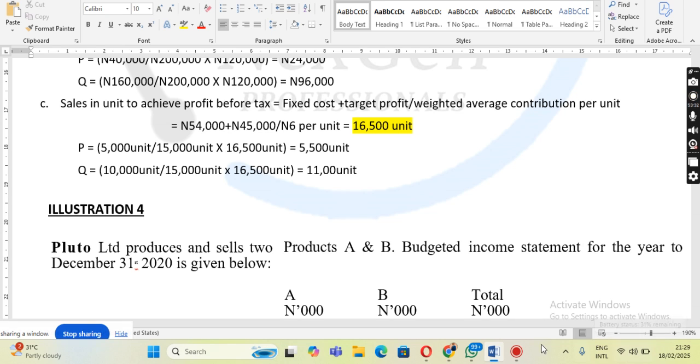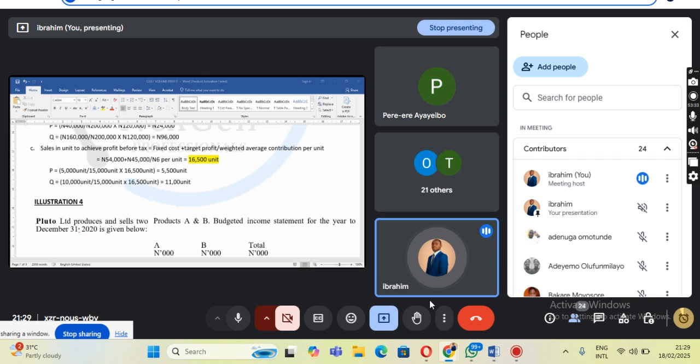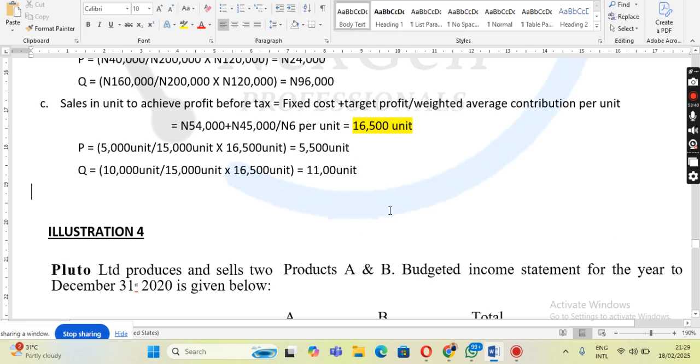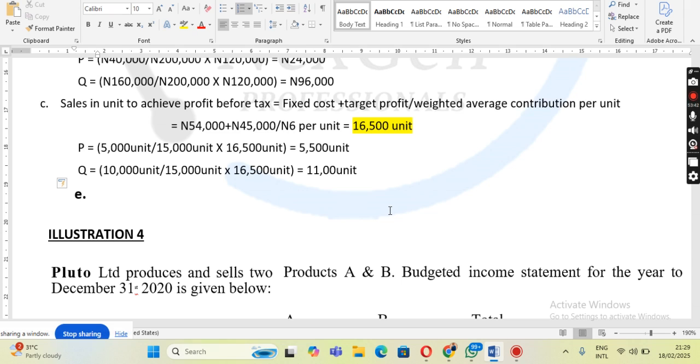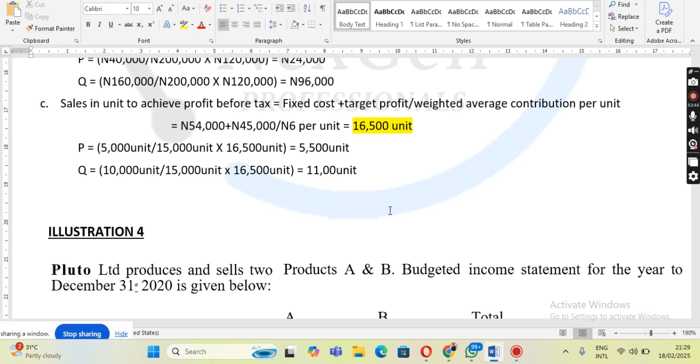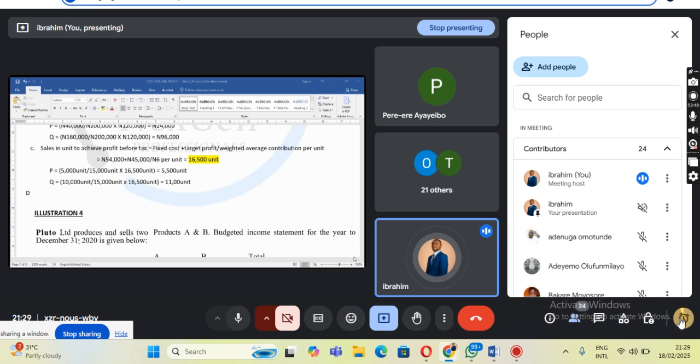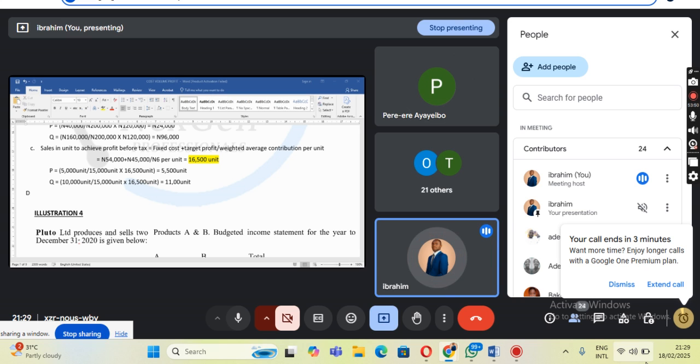Yes. Please unmute your mic if you have a question, feel free to ask, okay? We are together. Tell your village people, you must pass PM. Okay, let me quickly